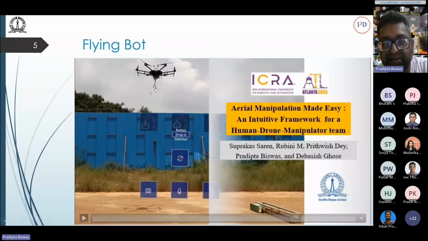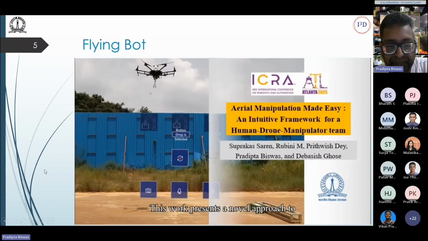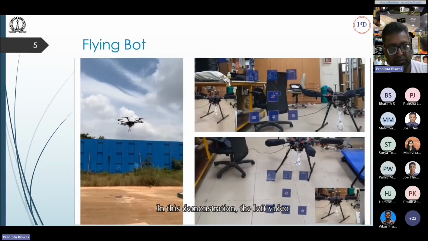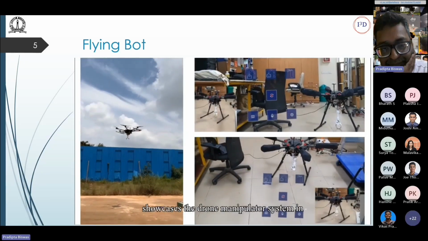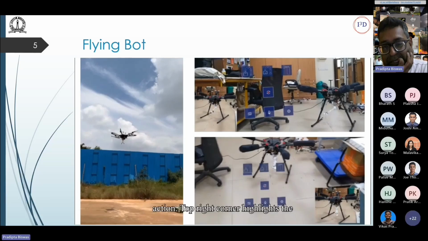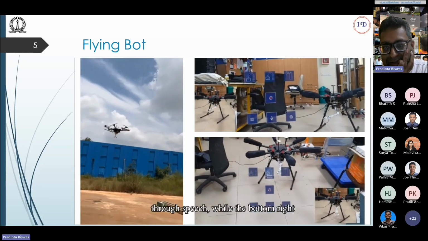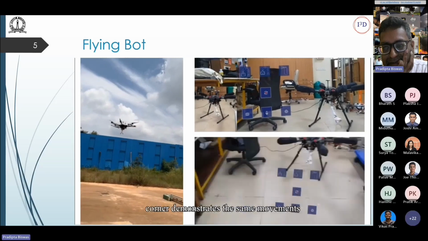But we also developed a test environment to compare alternative modalities of interaction for operating drone manipulators. So here we go. This work presents a novel approach to simplify aerial manipulation by leveraging natural modalities for improving the human drone manipulator team. In this demonstration, the left video showcases the drone manipulator system in action. Top right corner highlights the manipulator's movements controlled through speech, while the bottom right corner demonstrates the same movements using